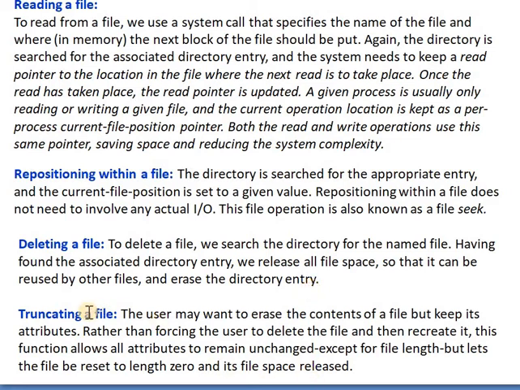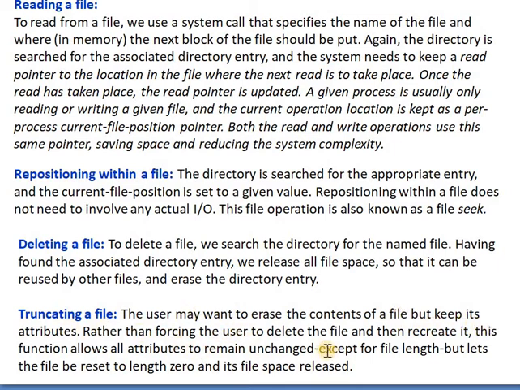Then the next operation of the file is truncating a file. We know the difference between delete and truncate. Let's see what a truncate is. The user may want to erase the contents of a file but keep its attributes.